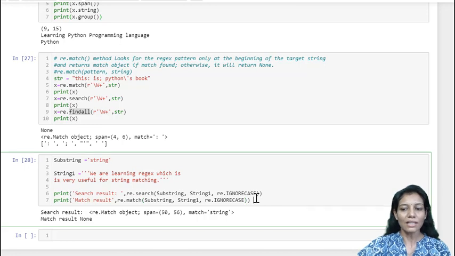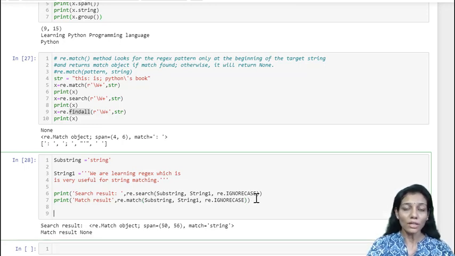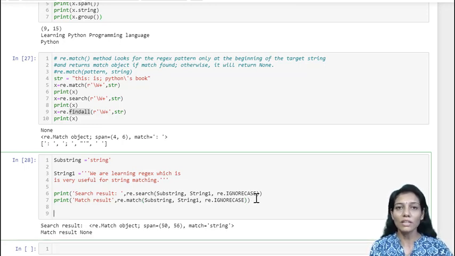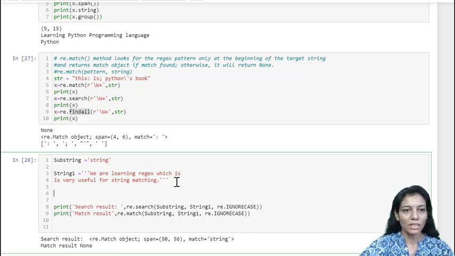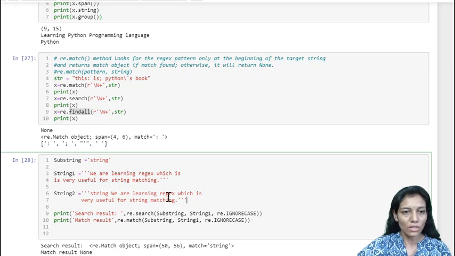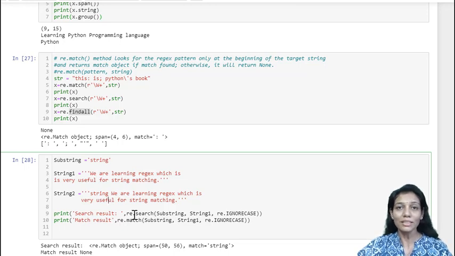So if I just slightly change my string and try to extract the information again with match and search, then let us see what happens. So here this is my second string where deliberately I have kept the word string as the first word, okay, and I'll see the behavior of my match and search.